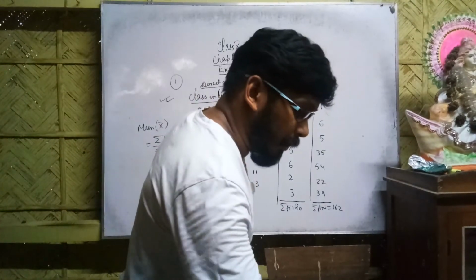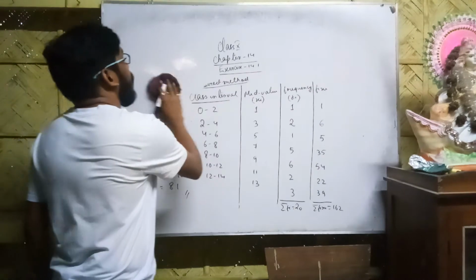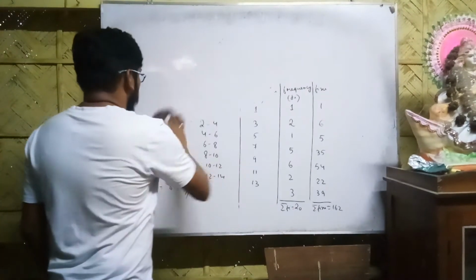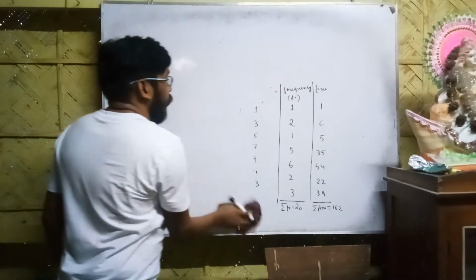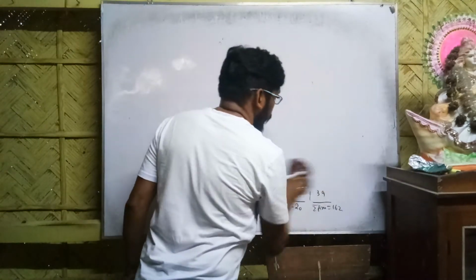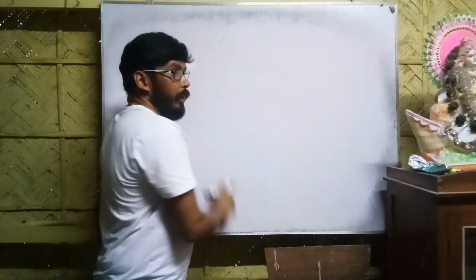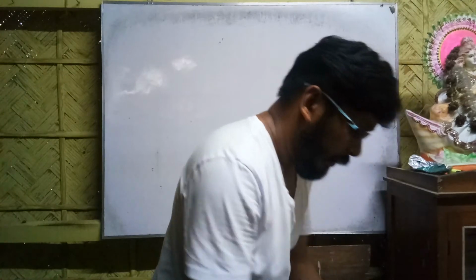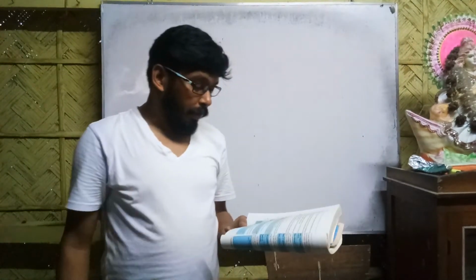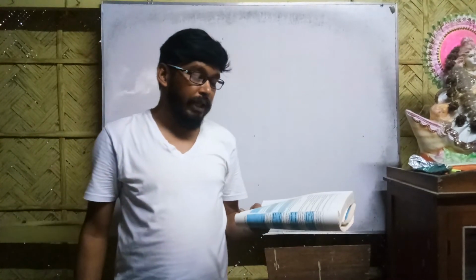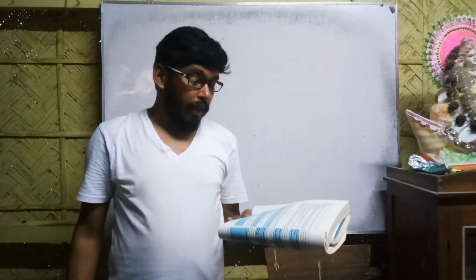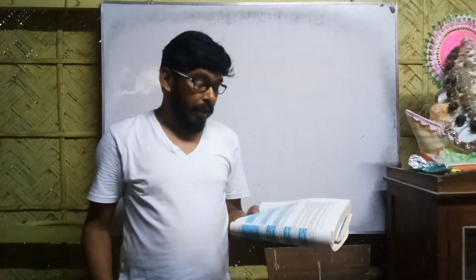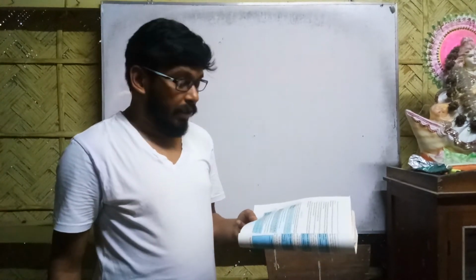Now we will go for question number 3. Question number 3 is important for class 10 students. So in question number 3, I just read out the question. The following distribution shows the daily pocket allowance of children of a locality. The mean pocket allowance is rupees 18. Find the missing frequency f. In this table, a frequency is missing. Mean is given. You have to find out the missing frequency.